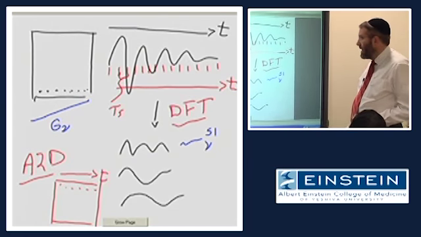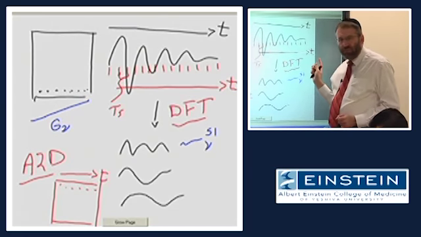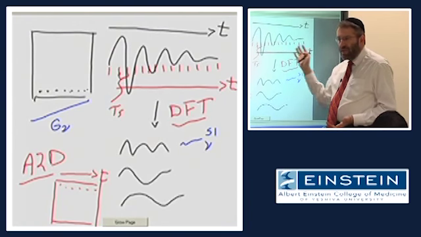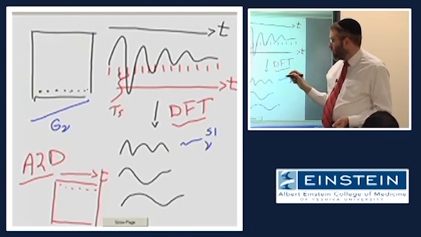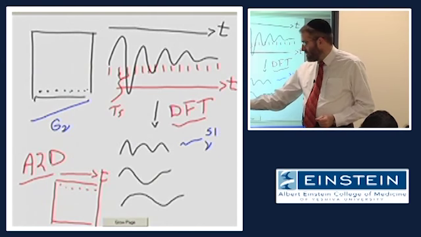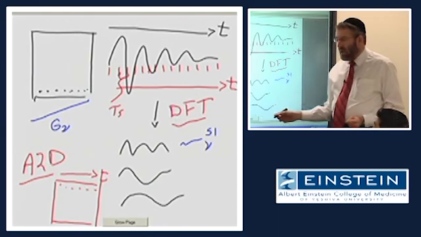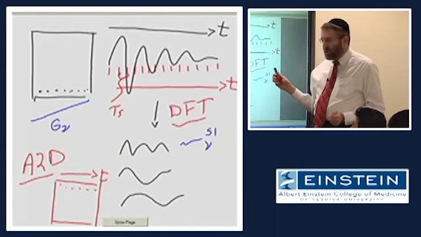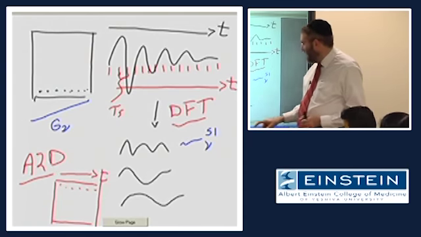Okay? And this is the digital sampling of our signal that the receiver does. That's an analog to digital conversion. Okay? By taking this signal and feeding it into the digital Fourier transform, we can get out of this